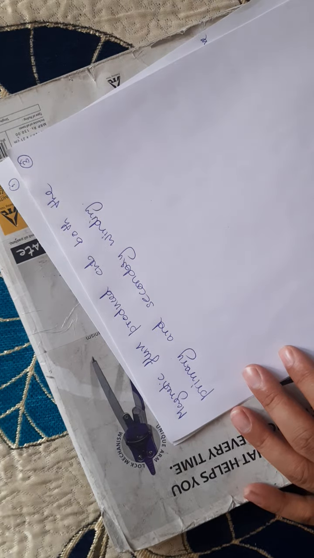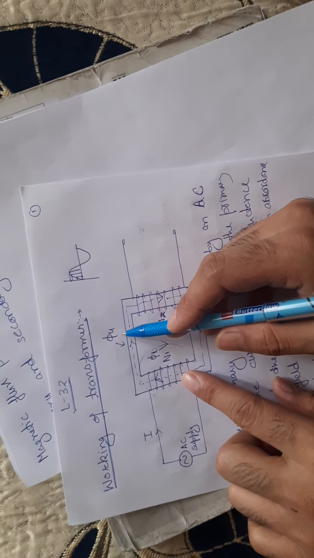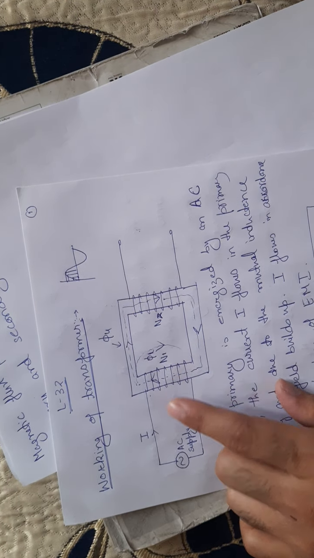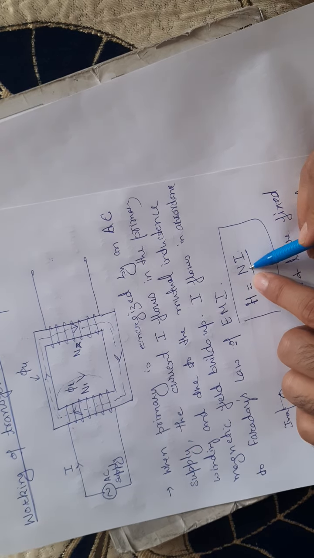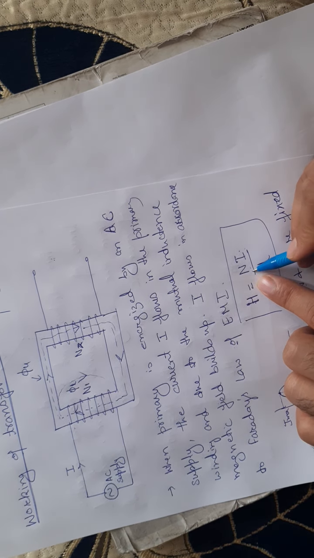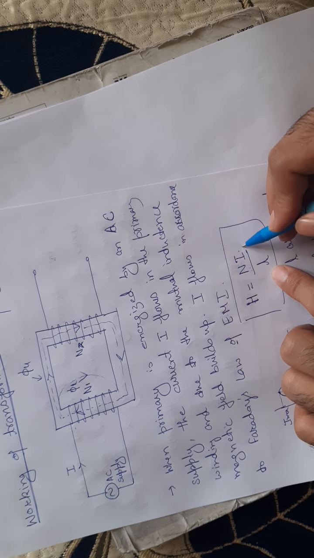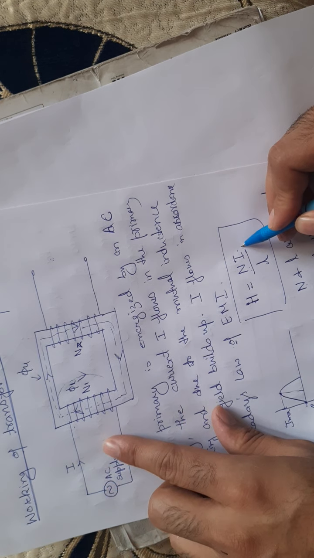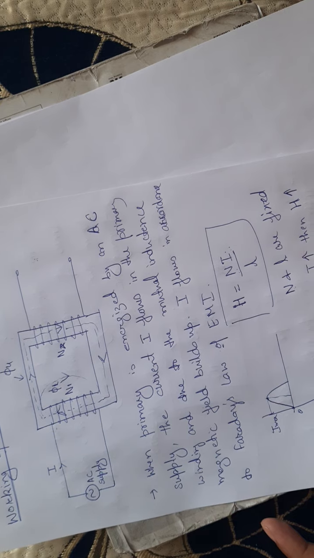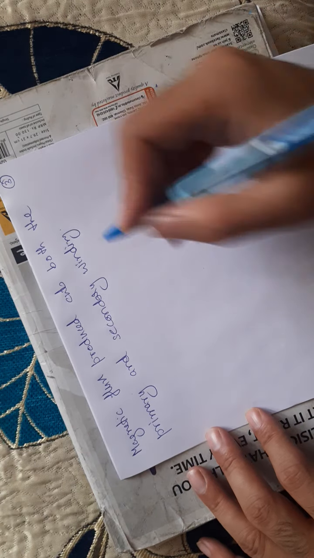So I already told you the magnetic flux that is generated in the core, this phi u, it depends upon the number of turns and current I. And number of turns, it is fixed. L is fixed, but I, it can be controlled. If you will increase I, H will increase. If H will increase, B will also increase, means flux will increase. Okay, so what I am trying to say here,